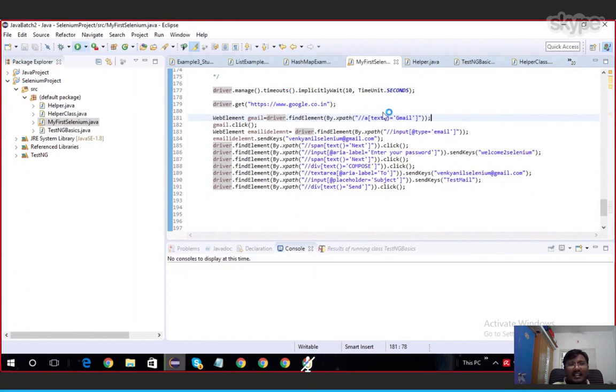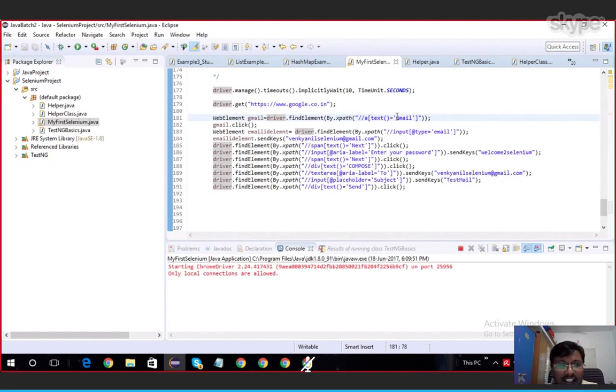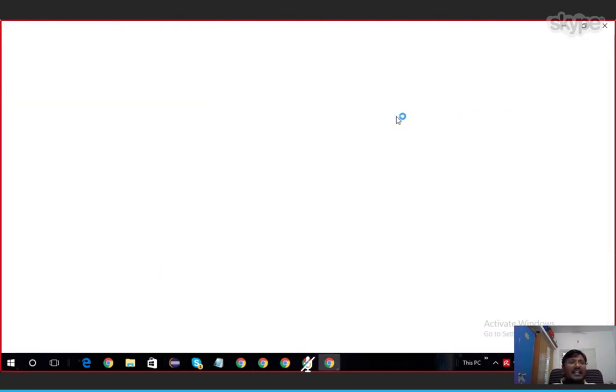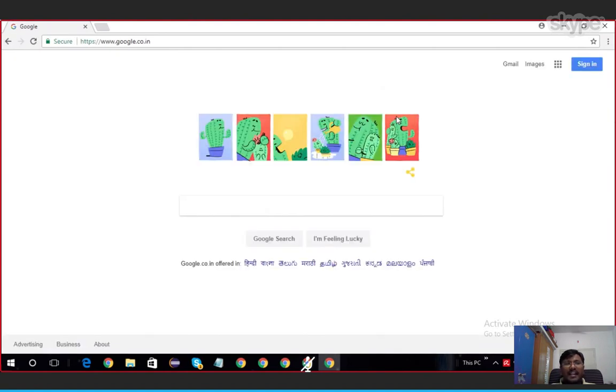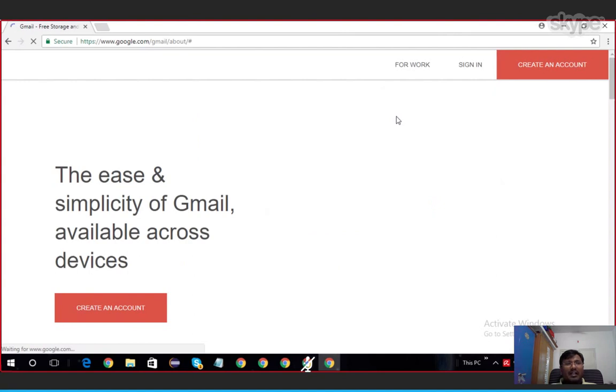Consider some elements: after loading, immediately their properties like the clickable property may take some time to get enabled. Now see this space, guys.